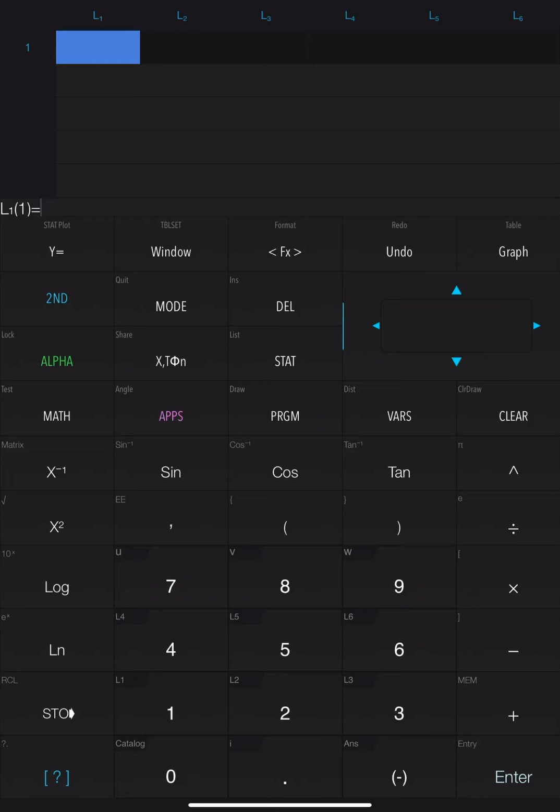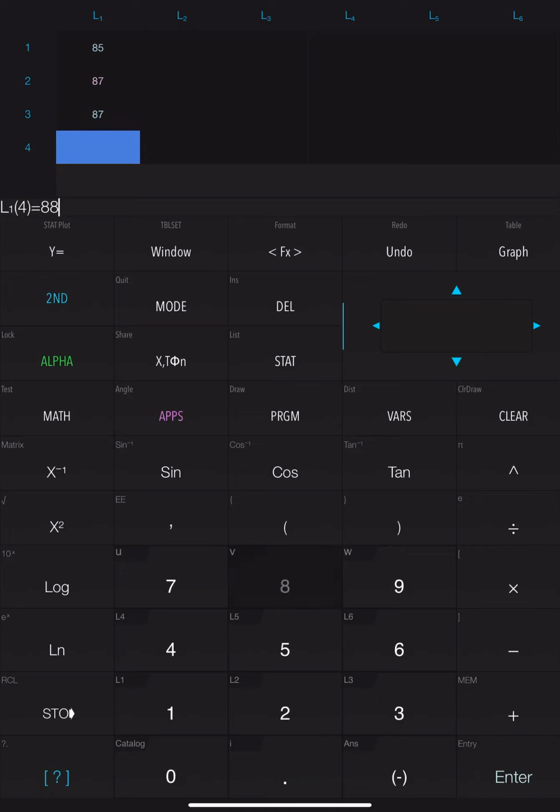Okay, so it should be empty for yours. So I'm going to enter this data. So table 3.1, let's enter the data. It was 85, 87, 87, 88,